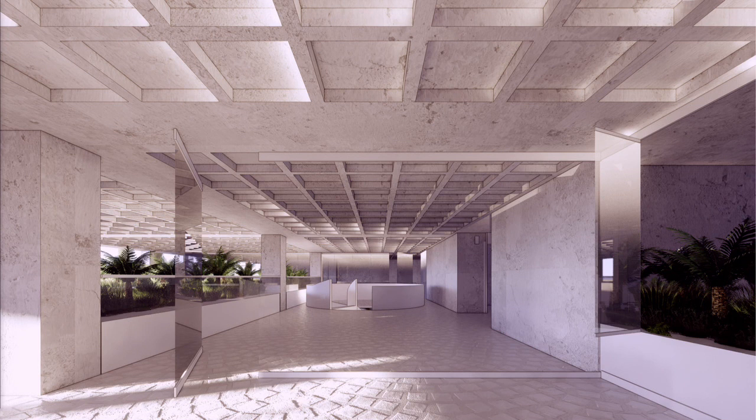Up into the office plates, where previously we had a continuous servicing system that ran throughout the entire building, and so you'd have shared, dirty, recycled air, the worst kind of recycled air, pushed throughout the building, pushing COVID around to all of the floors. Now we have a floor-by-floor air conditioning system and servicing system. So it means every tenancy has the ability to control their own usage, control their own environment, and mitigate their own